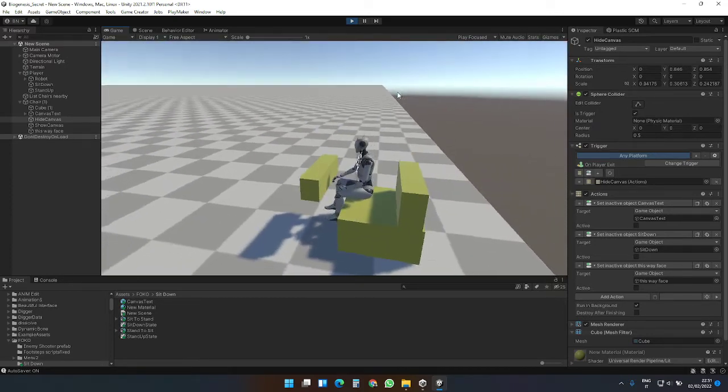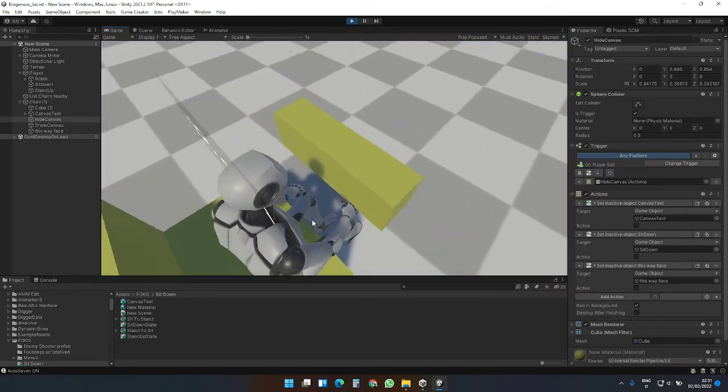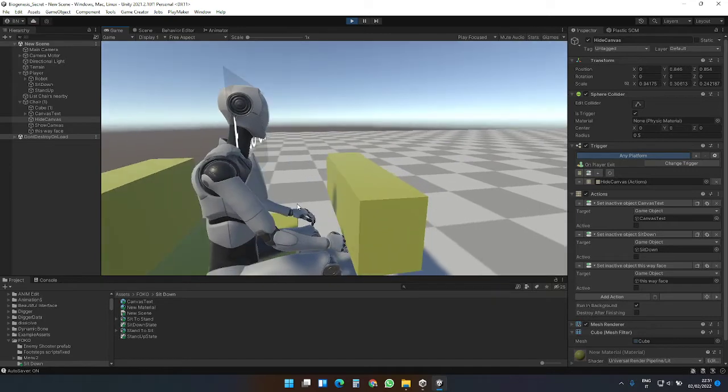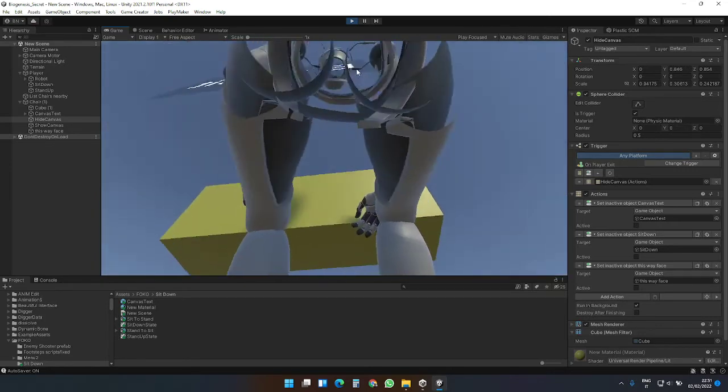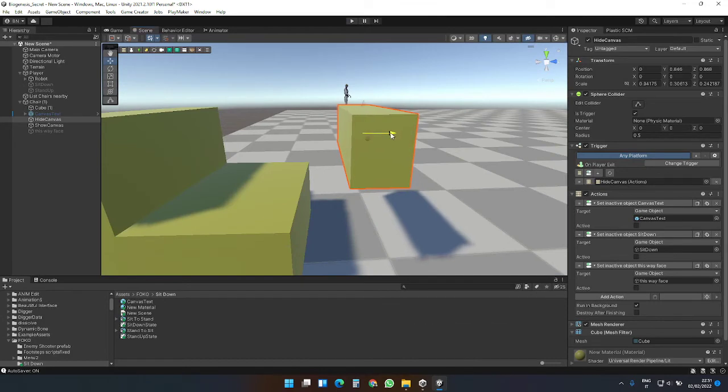Now, why I want to do this is because I don't want him to collide with anything. So you see over there his hand. Still need to move it a little bit forward. So let's do that now. A little bit more forward. You can actually change the